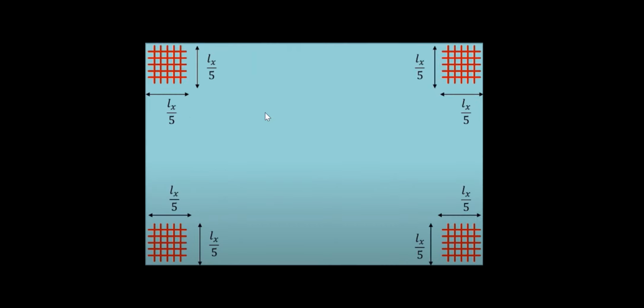Such type of slabs are called two-way slabs with restraints. The restraints will be provided in the form of mesh, and the spacing for this mesh will be Lx by 5, which we will discuss in detail when we are doing the numerical. That is, the spacing for providing the mesh will be the shorter span divided by 5, in the form of square meshes at the top and bottom of the slab. We should provide this at the top and bottom of the slab.